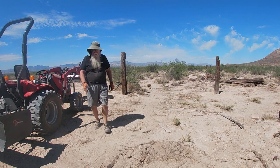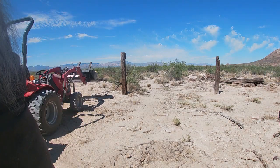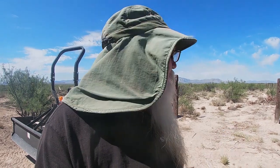There we go. This is where a gate will go, and the thing about it is once we get a rain, this stuff is going to get really hard, and if you've been watching for a while, you know a frost line around here is 3 inches deep. So I'm not really worried about these things heaving up out of the ground,